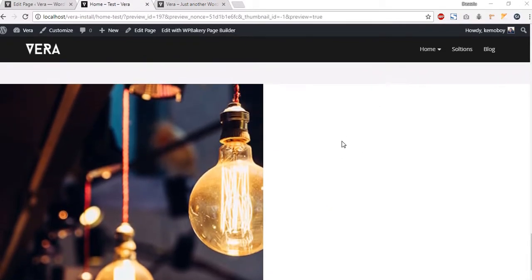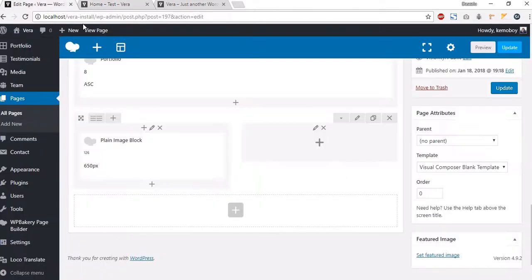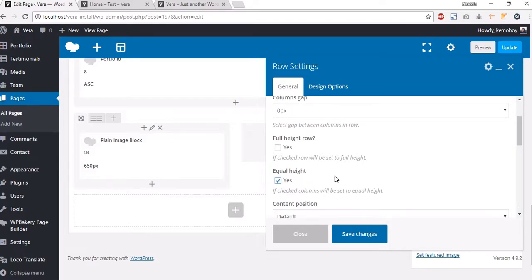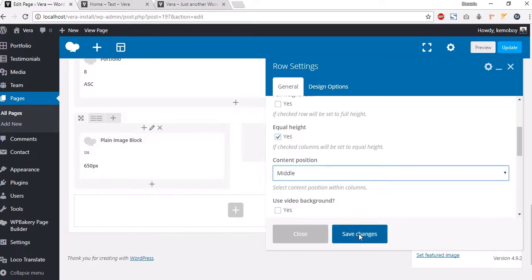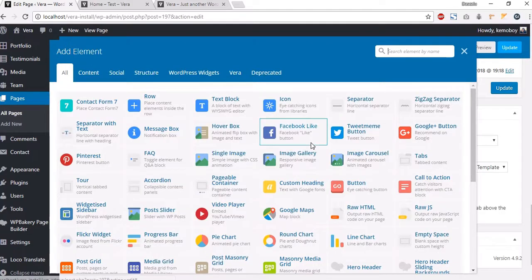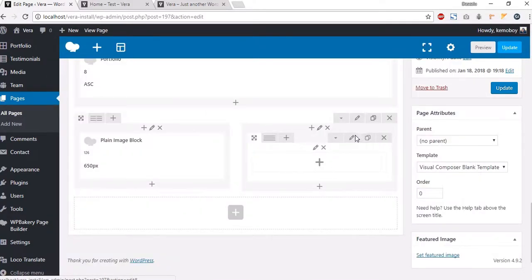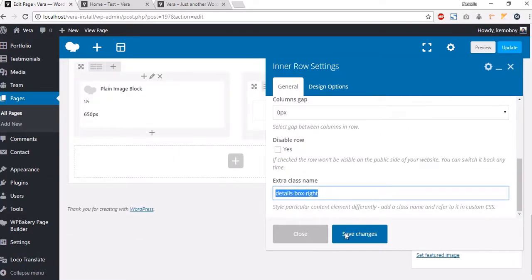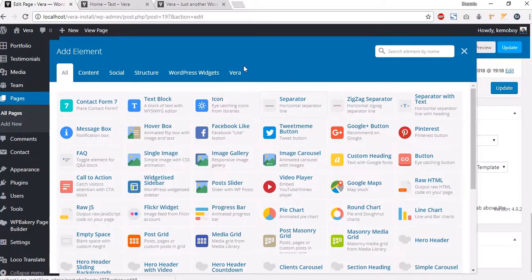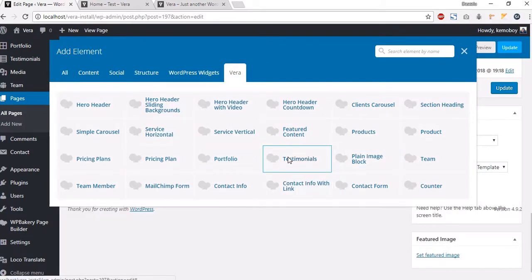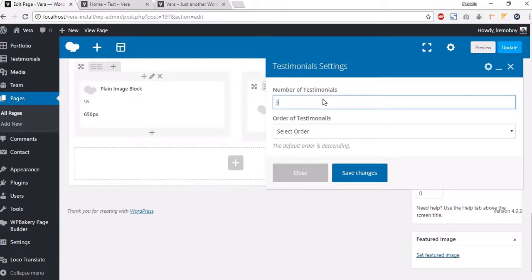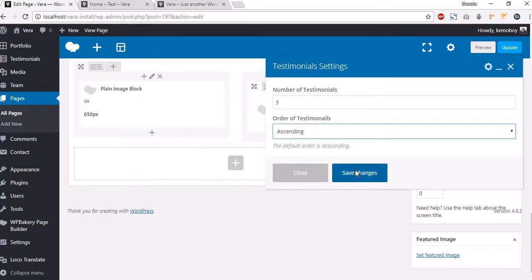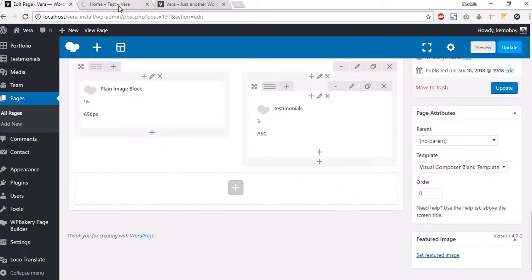Now let's add the testimonial in here, but first you may want to make sure that here you will check equal height, content position, middle, and here you will add another row, and you'll go to edit this row, and you will add this class and click save changes, and here you go to Vera, and here we'll have the testimonials. Number of testimonials will be 3, and the order will be ascending or descending, as you want. I leave it ascending. Click save changes, preview,